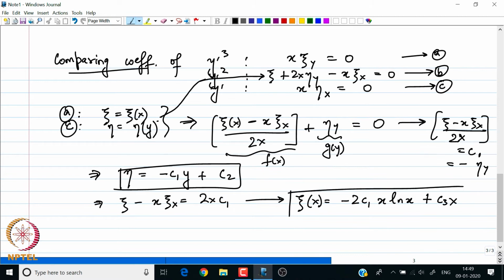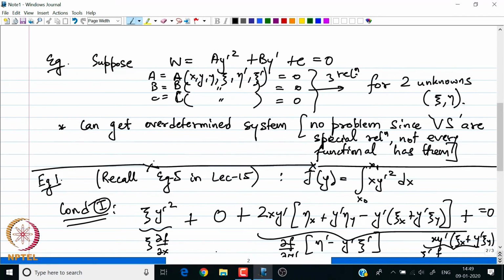Okay. So, now I must say that we have now got the infinitesimal generators, but notice that these generators are unique up to a family of constants, right. That is something I wanted to mention, I should have mentioned a little bit earlier. So, let us go back. My infinitesimal generators, my xi and eta, are determined uniquely up to integration constants.